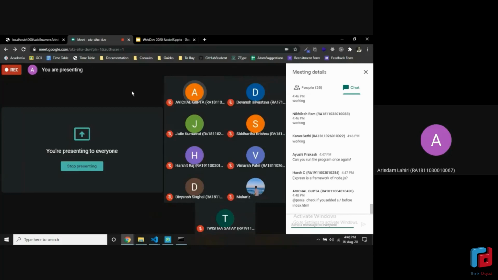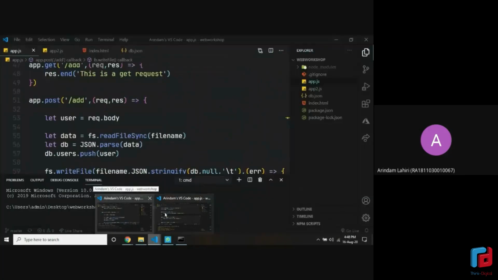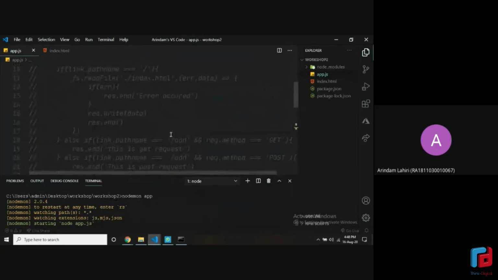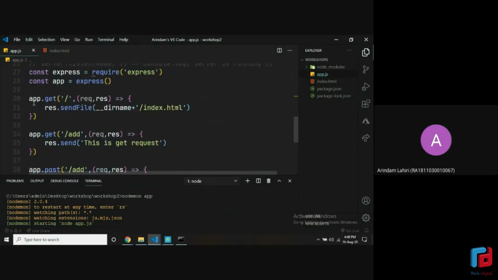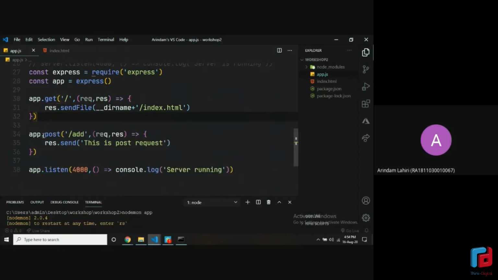So as we are seeing right now, what Express does is it just reduces the lines of code that we need to write. One very clear example is when we wanted to serve the file index.html to our browser, you can see that we had written 7 or 8 lines of code for this. And the same thing in Express can be written in 1 line. It's doing the exact same thing. And let's just get to the working of the form that we have already.